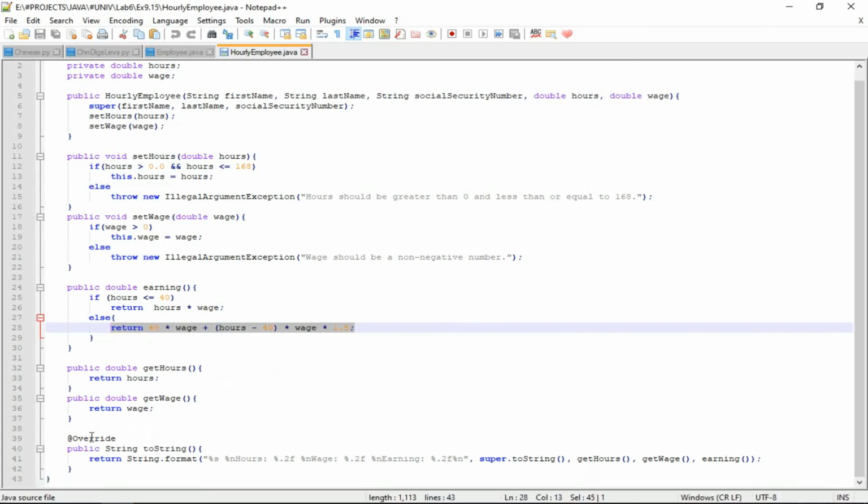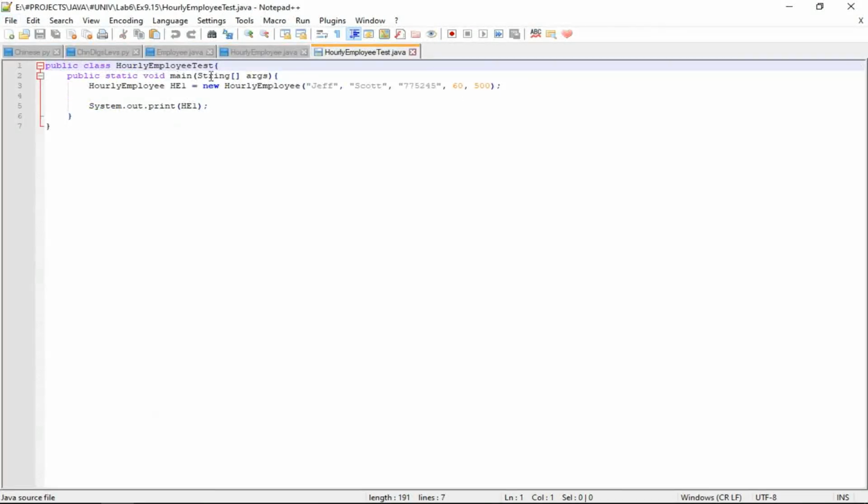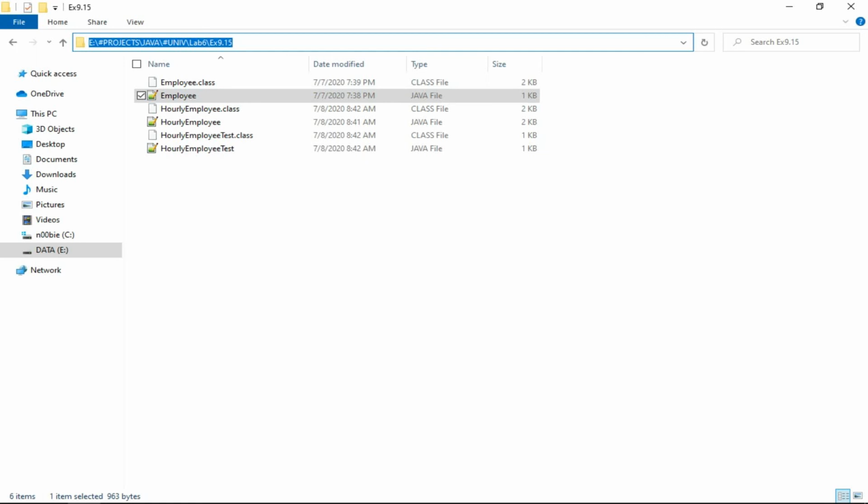Then again, we override the toString which is already present in Employee, and it gives us all these values. One more thing, if you talk about the EmployeeTest class, you have all these things here: the first name, last name, social security number, hours that person worked, and the amount of salary he earned. So if I can run the code here,